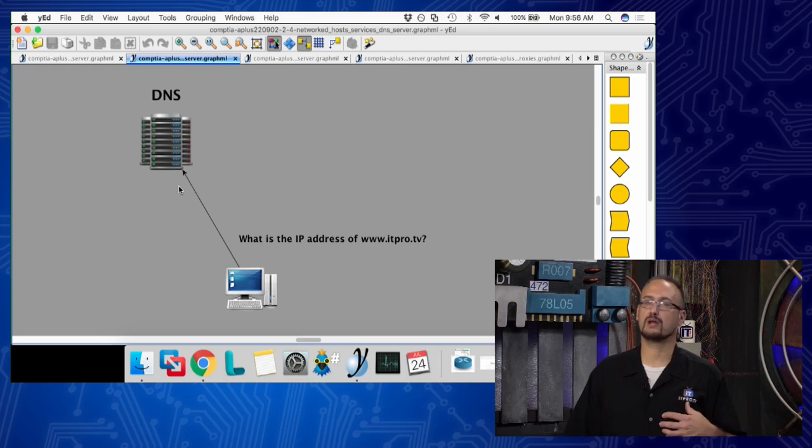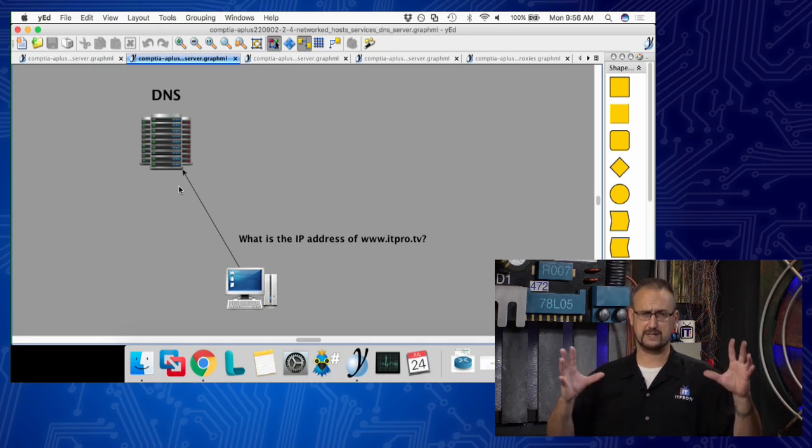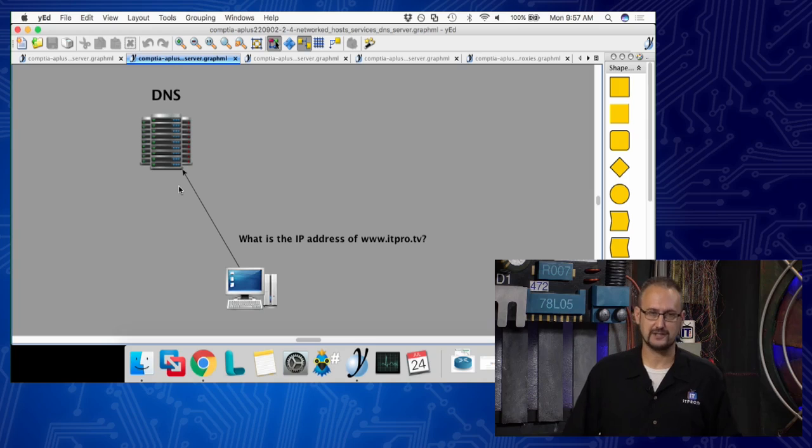So your client is requesting a resource. In this case, it just happens to be some host configuration, and there's a server out there that's listening, the DHCP server. Now, please understand that we're also talking about software here, so even though, as far as the diagram goes, I've got this big, massive server compared to this client, it could just be your access point. If you're in a home environment, it could just be a wireless access point that's running the DHCP service. That's still going to provide that service, as the server serving up that resource.